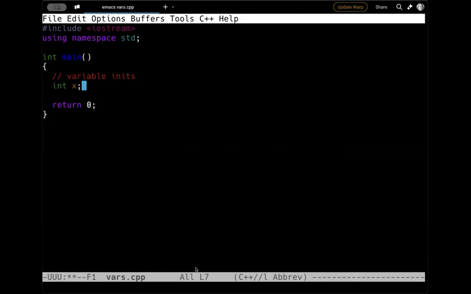And variable names, they're very much like Python. They can't have any spaces. The capitalization is important. You can't start with anything but a letter, but you can include numbers later on. I could say x1, x2, and that's fine. You can do underscores if you want.